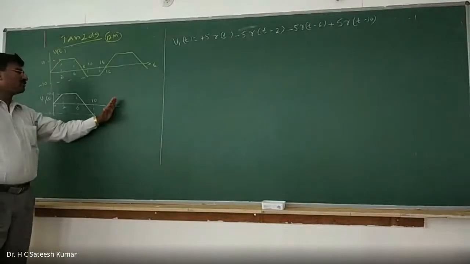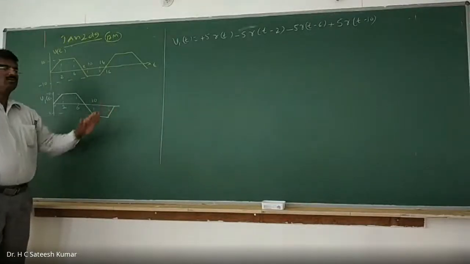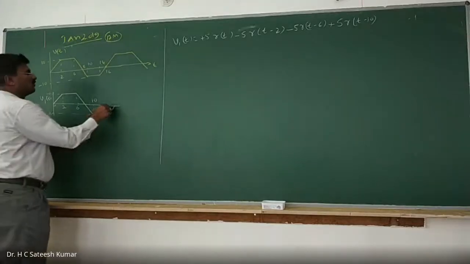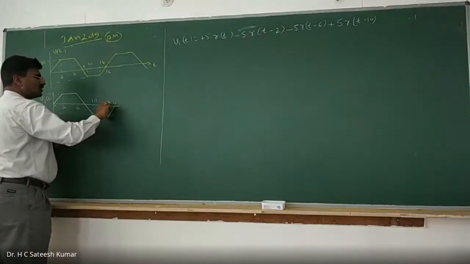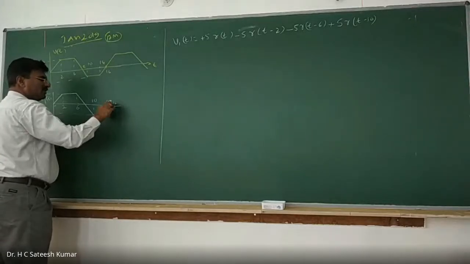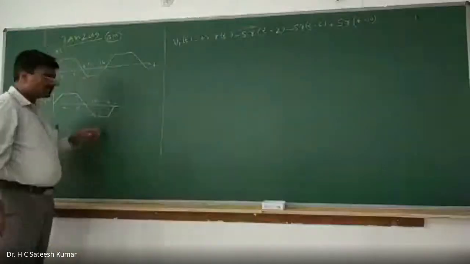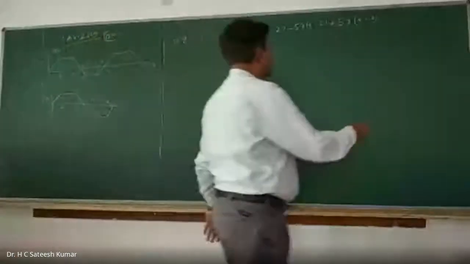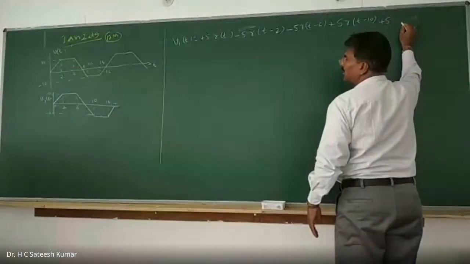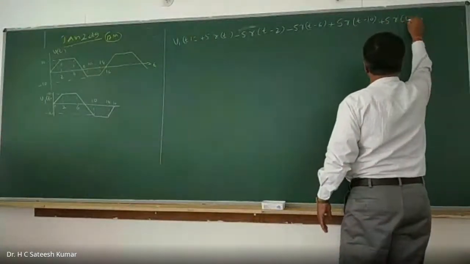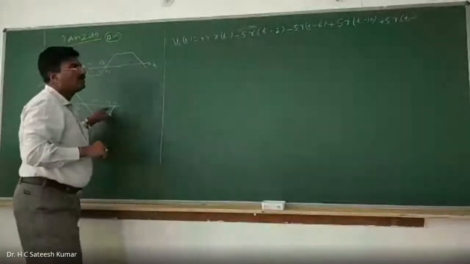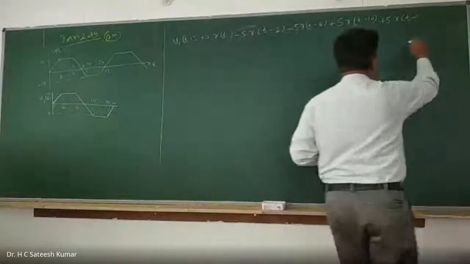Now I will have to make the slope positive, increasing. So from 0, now we will have to make it plus 5. What is the width from 14 to 16? The width is 2 and the height is 10. So once again the slope is plus 5. Therefore, I should do plus 5 into r of t minus 14.